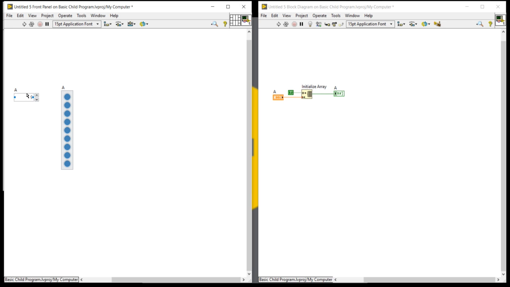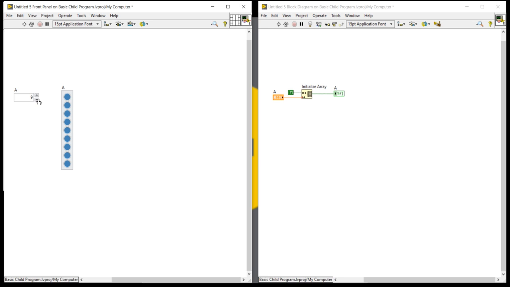So now I am going to fix the limit so the number will not go beyond. The user cannot enter a value greater than 9 or less than minus 9.